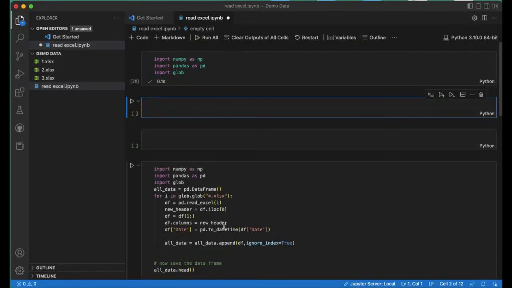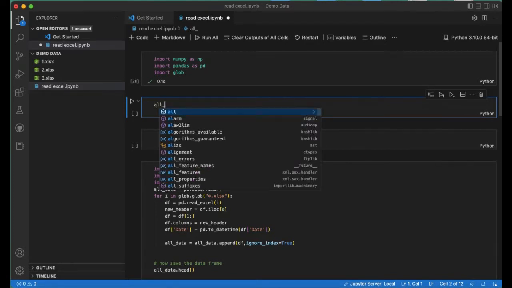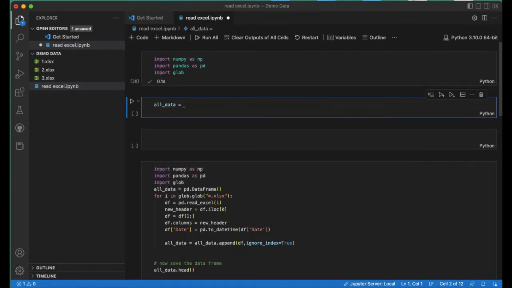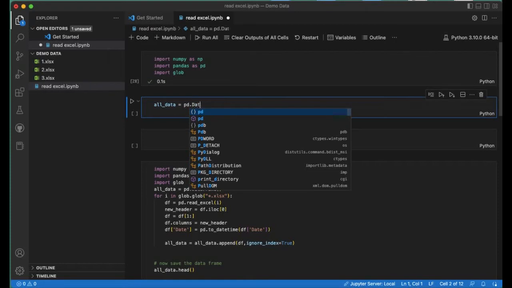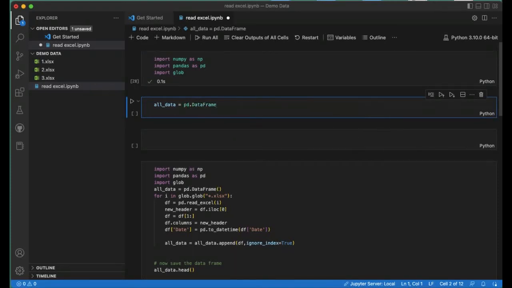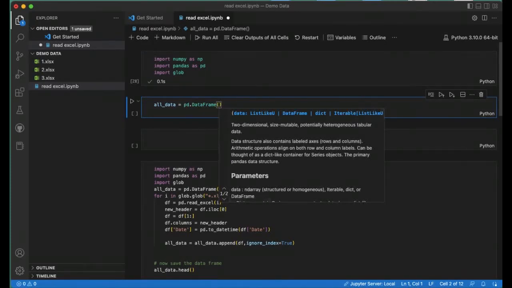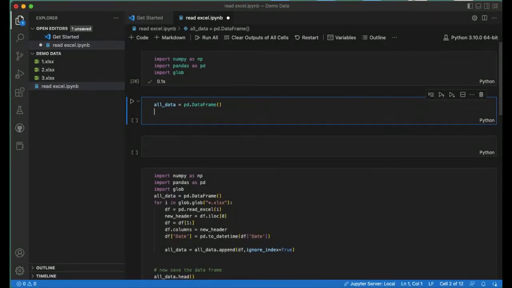So basically this code is written already here, I'm just trying to explain it to you. First you need to create an empty data frame. So for example, all_data is equal to pd.DataFrame, and that should be it. Then you need to go through each of the files within the folder. So for example, for i in